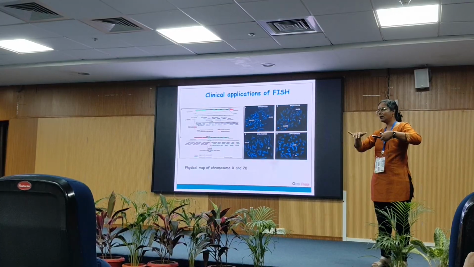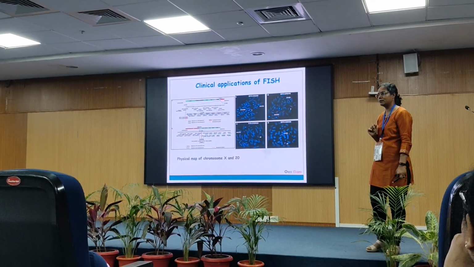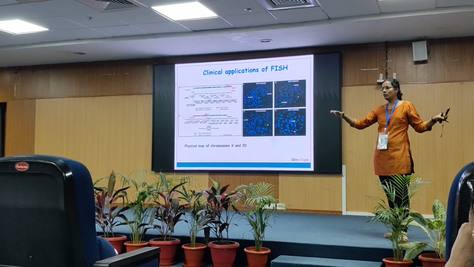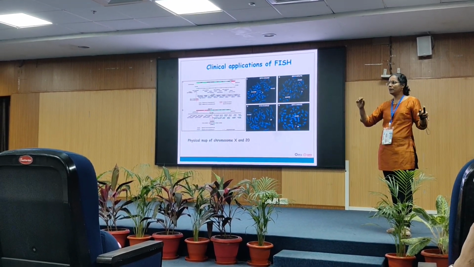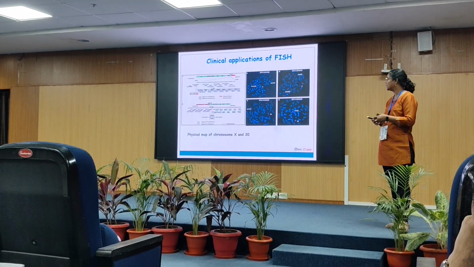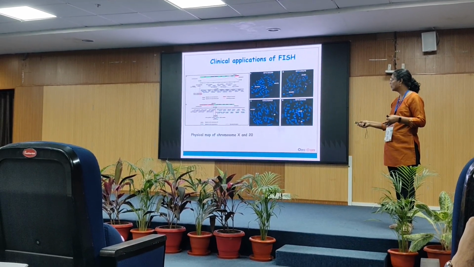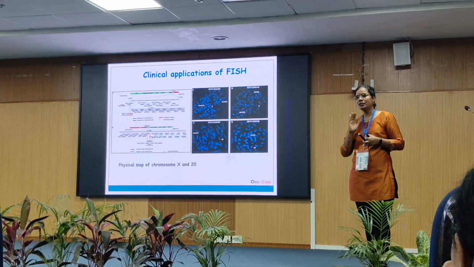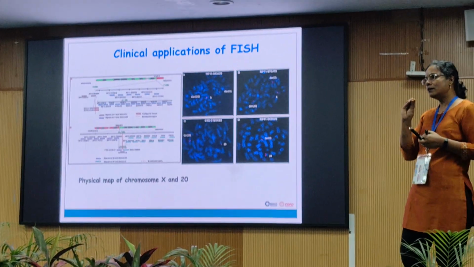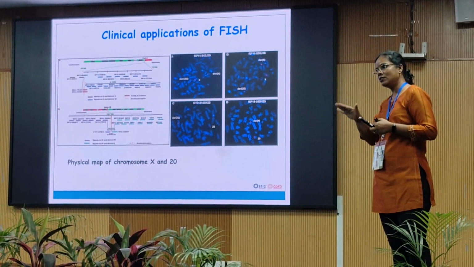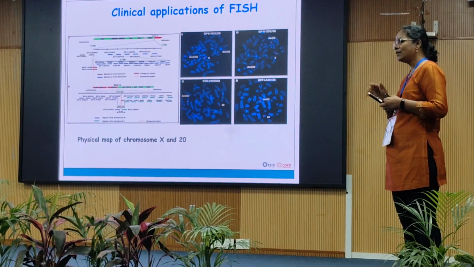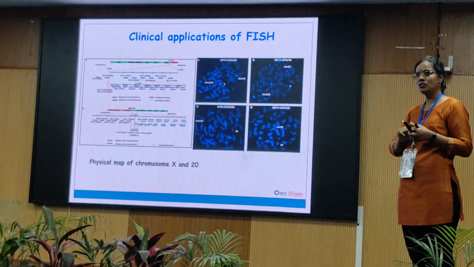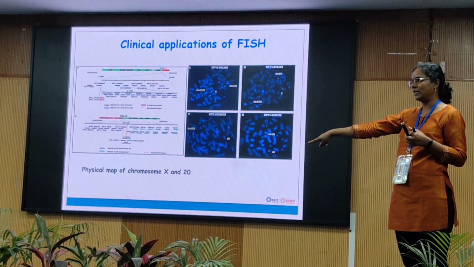That is what is our interest, right? So to identify that, we work with a lot of BAC clones. Say for example we identified some BAC clones, all these BAC clones on chromosome X. If the signals are present on X, that means that particular region is present on the X chromosome. And if that region is not present on X, and you see that same region on chromosome 20, that means it is translocated.